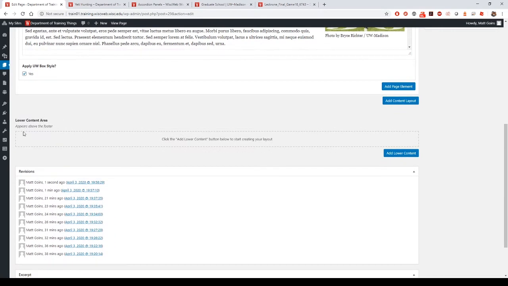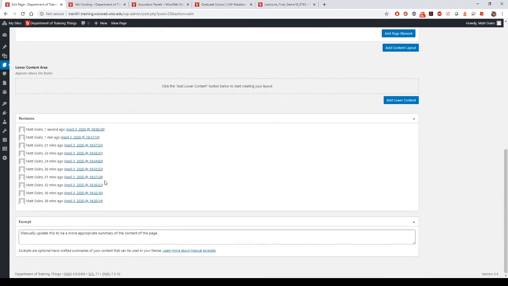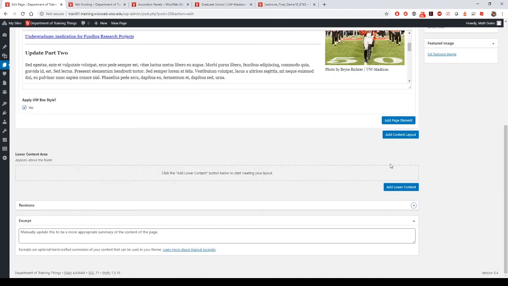Below that is the lower content area. This is essentially a hero image that appears at the bottom of a page. It's just there for you to use if you want to add one more visual engagement for your audience at the very bottom of the content. There is a revision history at the bottom, but we will chat about where you can also view the revisions